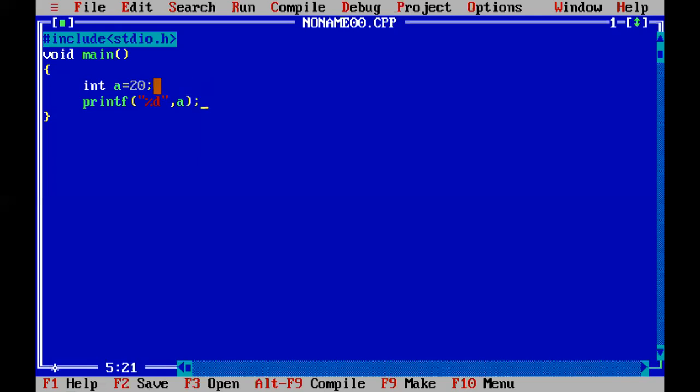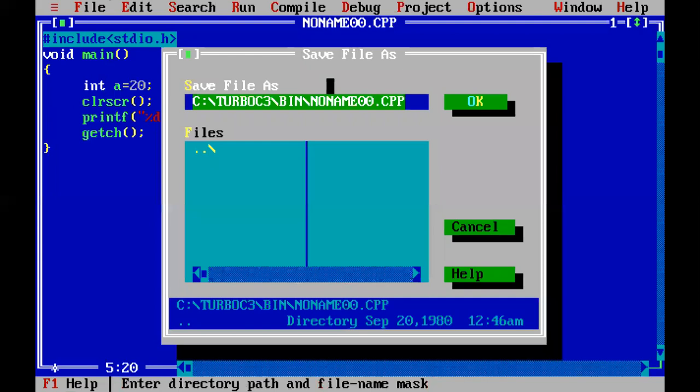Okay. So firstly you have to use the clrscr function for clearing the screen and the getch function after each and every statement. So getch gets a single character from the user, and clrscr is for clearing the output screen. So save this program. Every C program should have a name. You can give any name. Suppose I'm giving the name as number and .C extension, number.C.